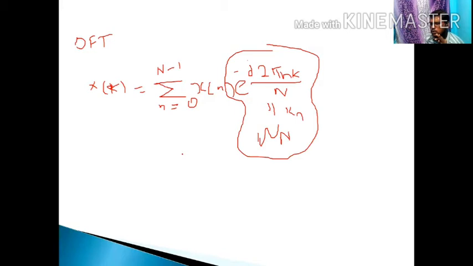It is factorized as an N point, that is N which is equal to r1 r2 r3 up to rl. Here r1 equal to r2 equal to r3 up to rl which is equal to r. So generally we call it r power l which is equal to N, that is r square equal to N.